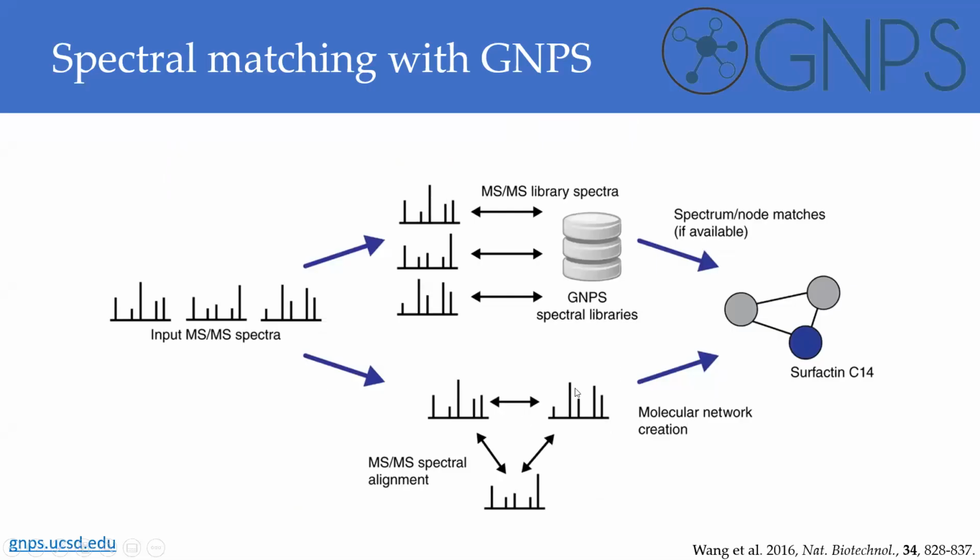For each, basically pairwise, each MS2 spectrum in our data set is compared, and from that, a molecular network is assembled where each node will correspond to an MS2 spectrum or an ion, and then these nodes are connected by edges based on how similar the MS2 spectra are. So you'll set a minimum value, called a cosine value, and usually you can set between 0.6 or 0.7, 1 being identity, and then towards 0 being mostly